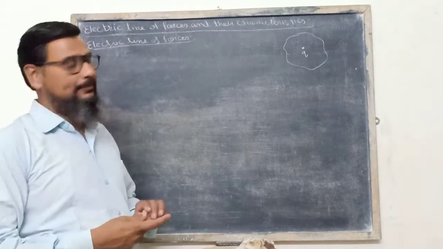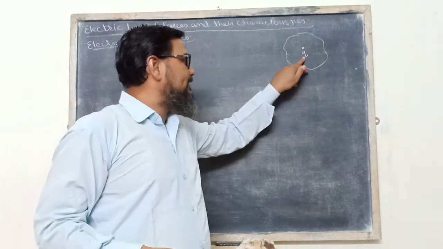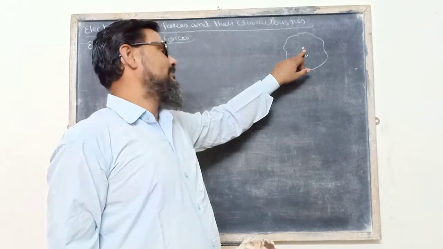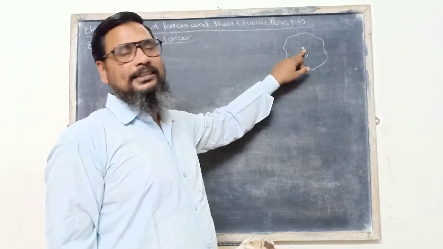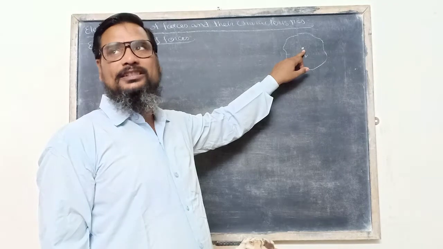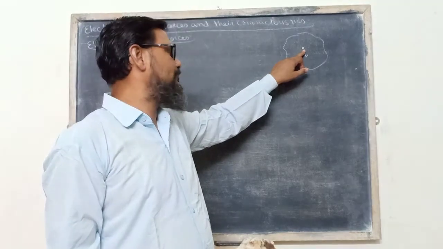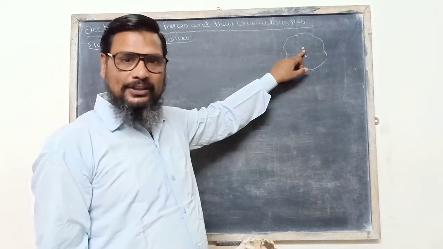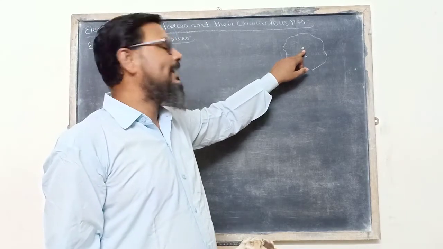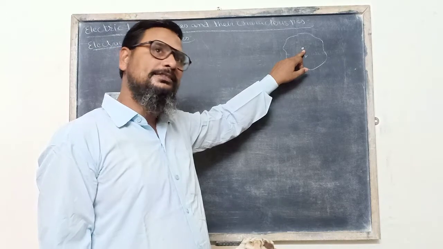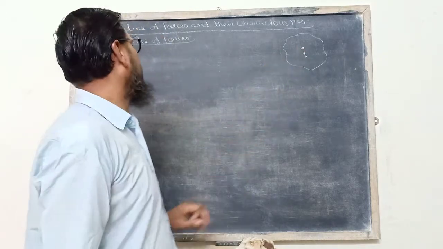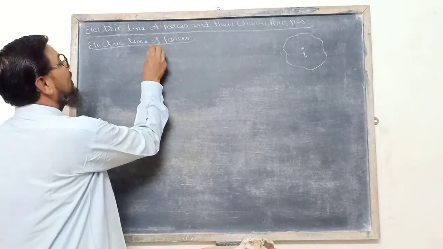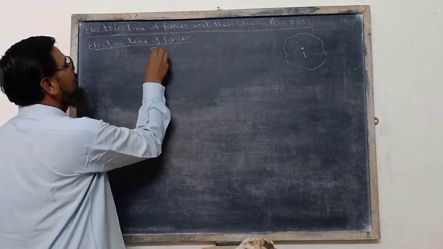Again I am repeating, when a charged particle is placed in an electric field, it experiences electrostatic force, and due to this force the charged particle starts its motion following a certain path. That path is called electric line of forces. So electric line of forces are the imaginary path